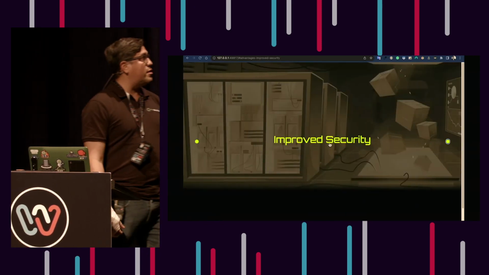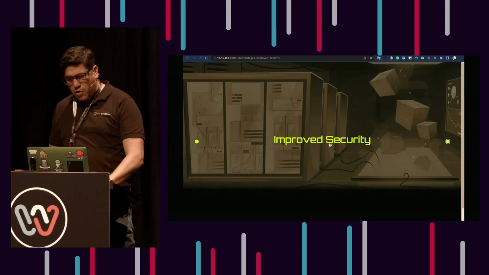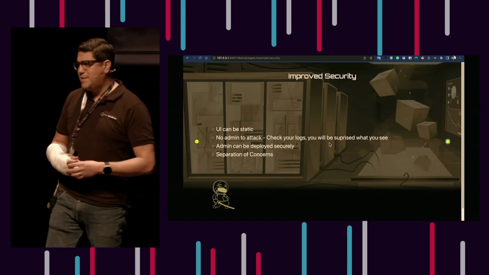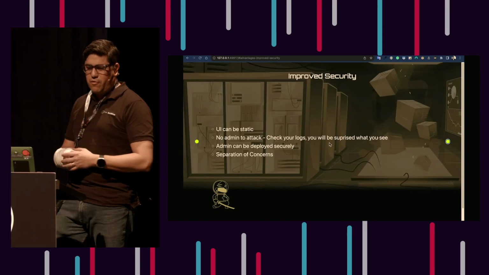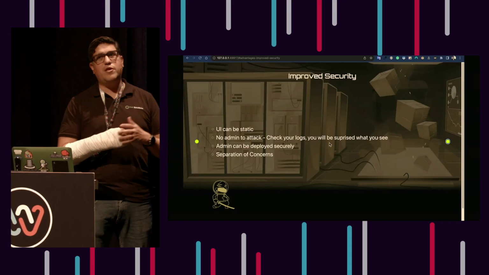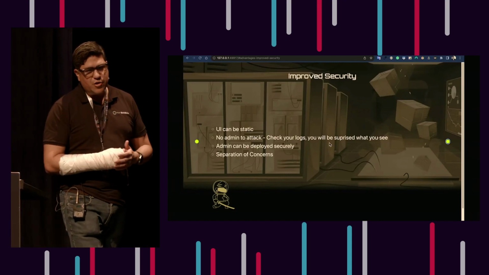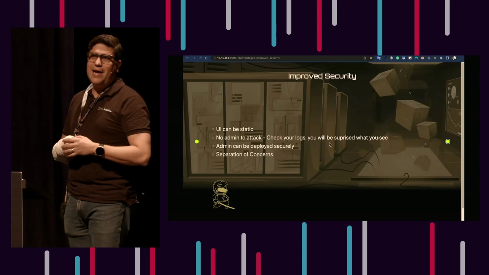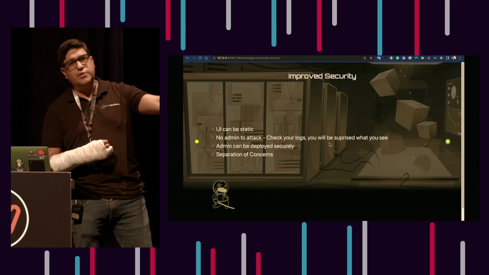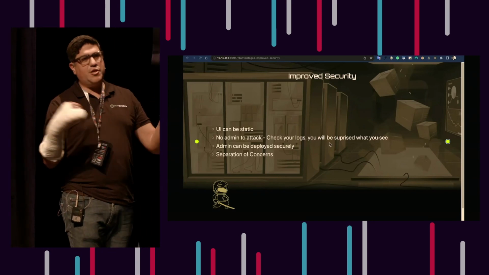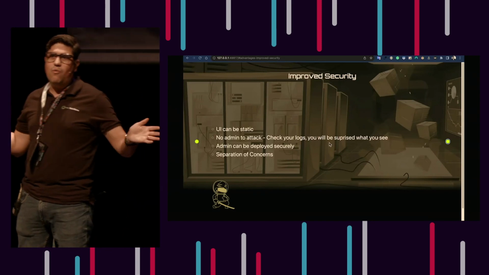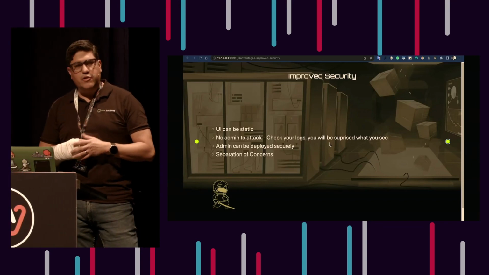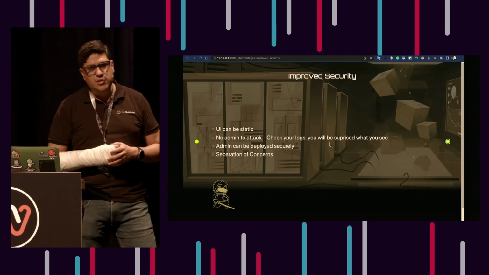Improve security. This one is really, really important. Like I mentioned before, we had to deploy several of these instances to several government entities. Really important to be secure, of course. There are occasions where the UI can even be static. We've had use cases where from the CMS, we actually deploy the entire site to S3 as a static website. Really secure, nobody can attack it because there is no way to administer it, right? It's just deployed as a static site, okay? There is no admin to attack, no attack vectors in that sense.